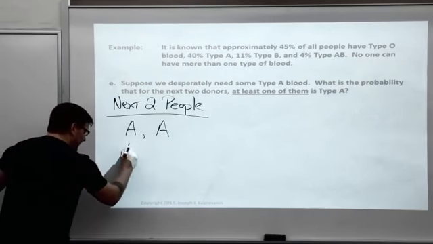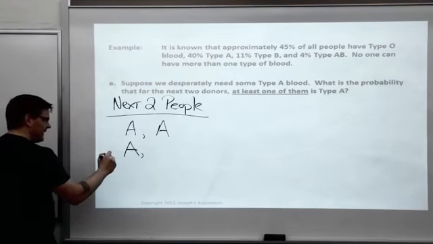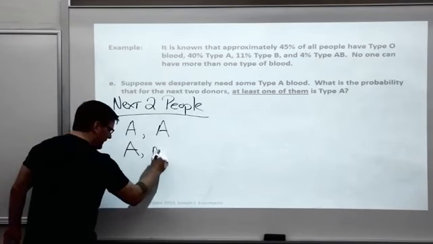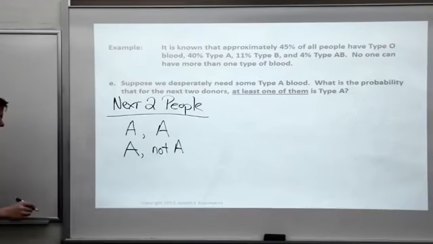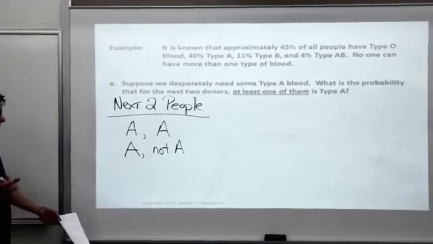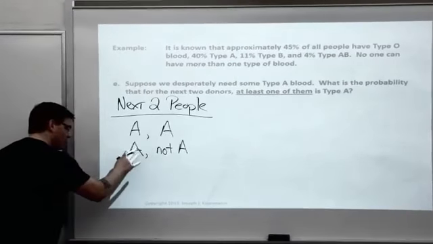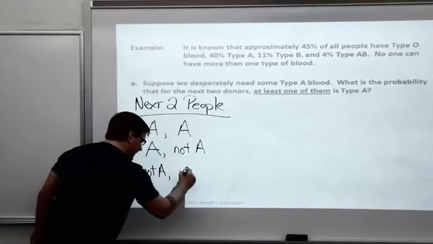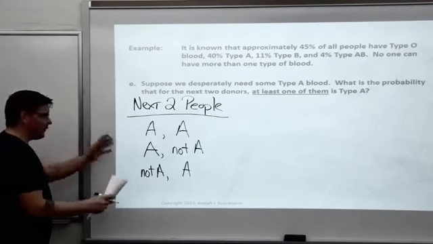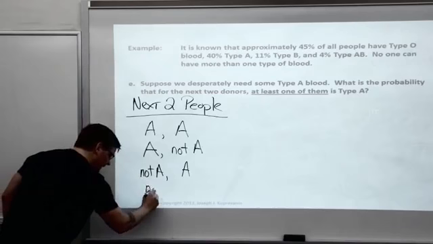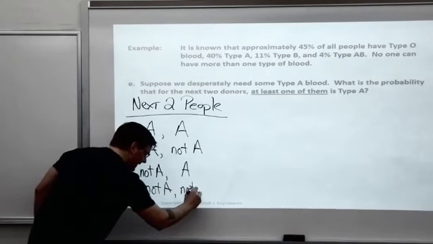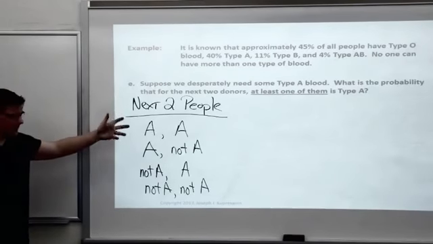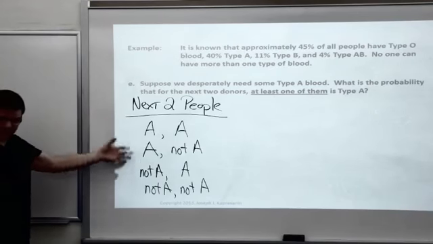Another thing could happen would be, I guess, that the first person was an A, and then the second person is anything else besides A. So it's probably clearest. I'll just put not A. I could put A complements. I could list out B, A, B's, O. Okay, so that's 1 and 2. First person could be not A. And the second person could be A. All right, and then the worst case scenario for our emergency here is, get the double whammy here, is a not A, and I get not A. Okay, so with 2 possibilities for each person and 2 people, sort of like 2 times 2, there's 4 outcomes